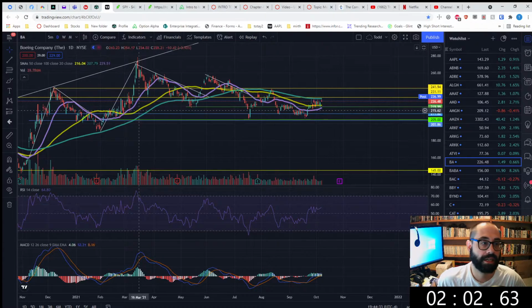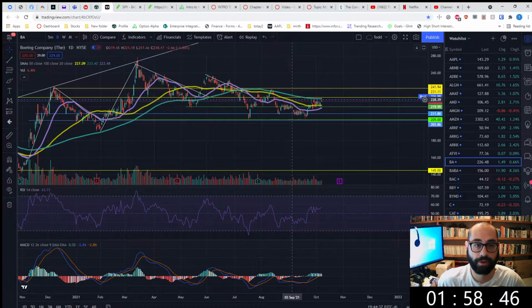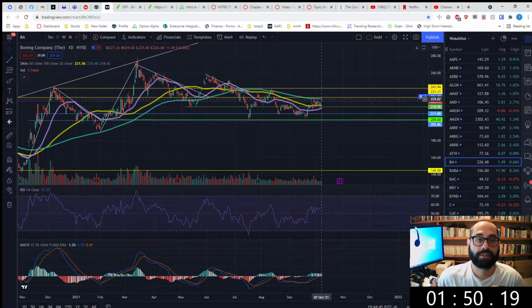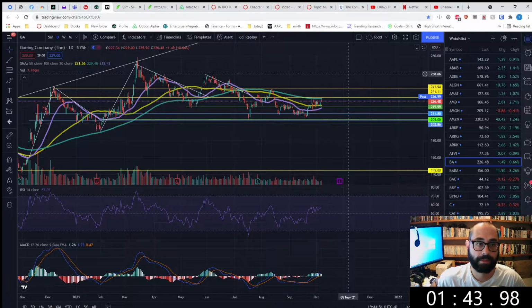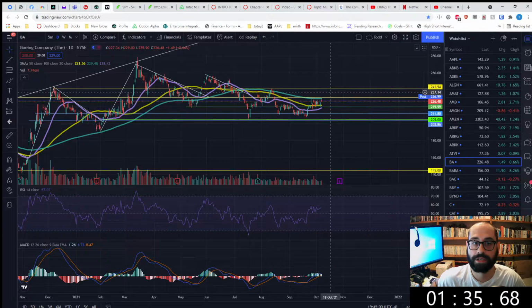BA, been trading in a channel, I'm going to say back here since December, so almost coming up on a year. But RSI and MACD are heating up, specifically RSI. Would be nice to get a pop over. I'm not in BA at the moment. It has been super frustrating. I don't see them skyrocketing out of here though, so you could either do an iron condor now or wait till they get into the upper end of the range, or if they pop down here.